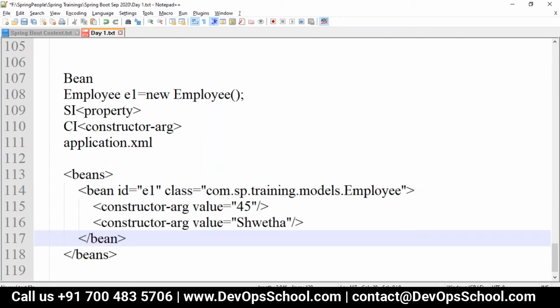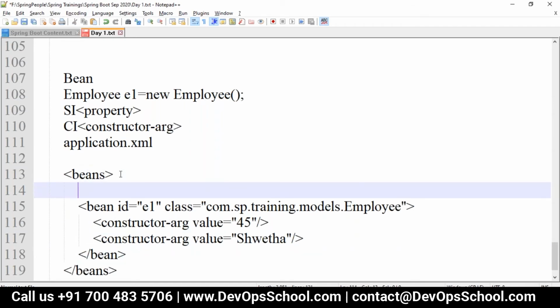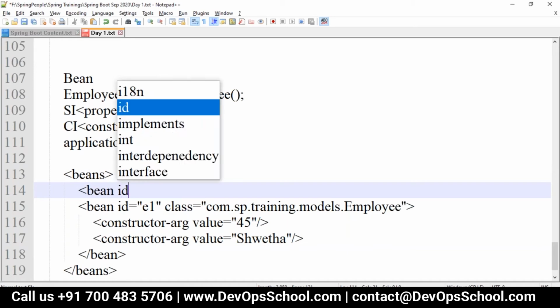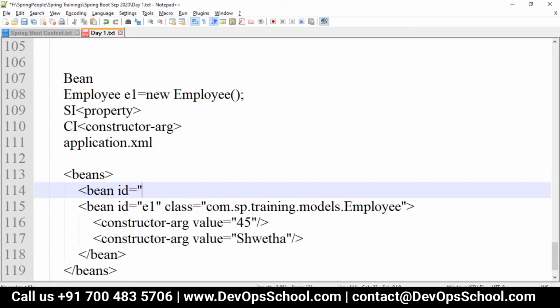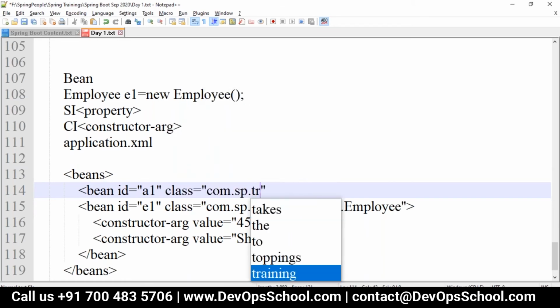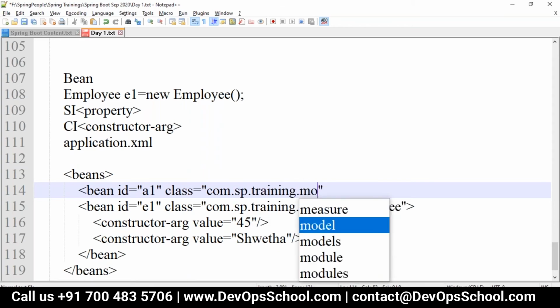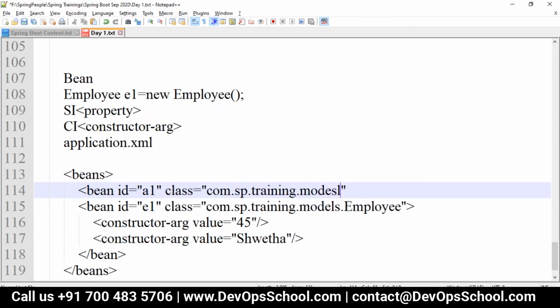So if I want to inject the employee address here, I will have a bean ID, which is A1. I'm just taking one address object, then the class. It may be in any package; I'm just taking models here.